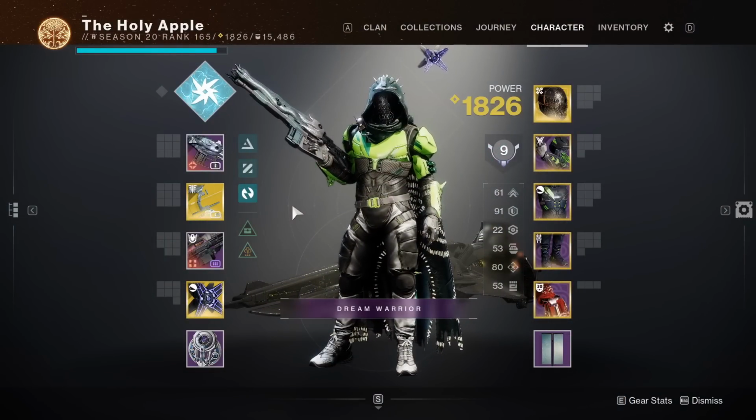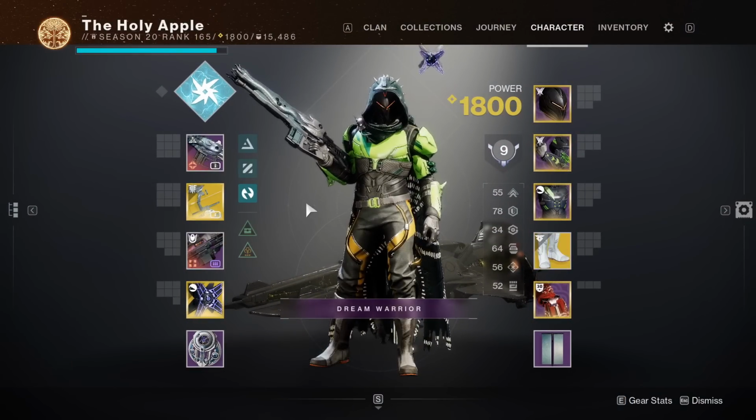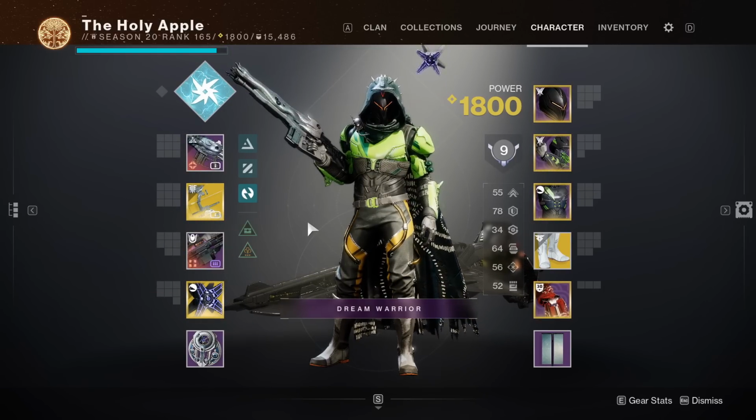So that is the subclass basically set up to complement Trinity Ghoul. Now it's time to focus on the other weapons and mods as well. As for the other two weapons I'm going to pick, I'm actually going to keep the Rufus's Fury and also a Retrofit Escapade as well, because they're actually quite a nice balance when it comes to dealing with just ads